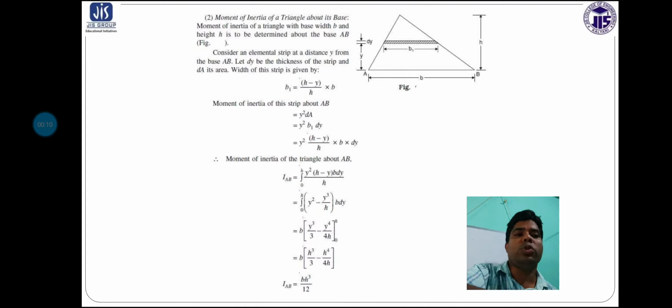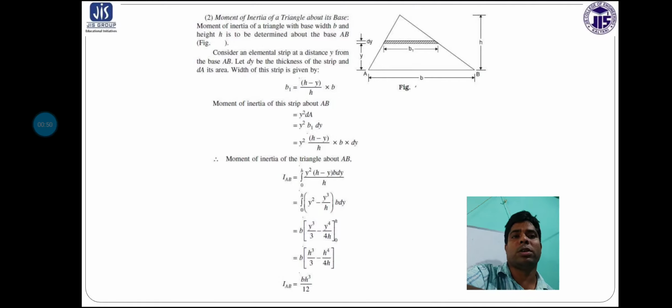Now, today we will discuss a topic that we have already covered in some part, starting from the last class, and the topic name was moment of inertia. Last day we discussed the different types of standard sections and how the moment of inertia is calculated as per the equations. Today we will discuss the remaining part of the derivation, that means the moment of inertia of a triangular section and the hollow section.